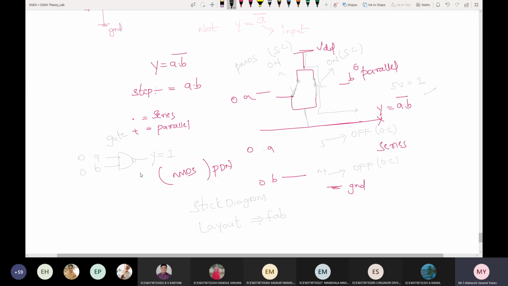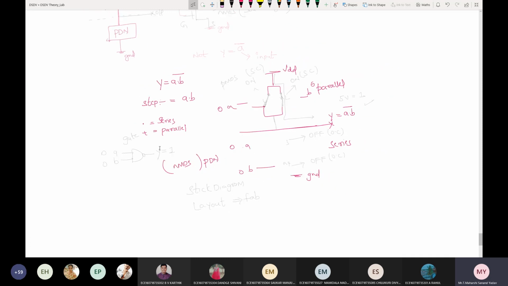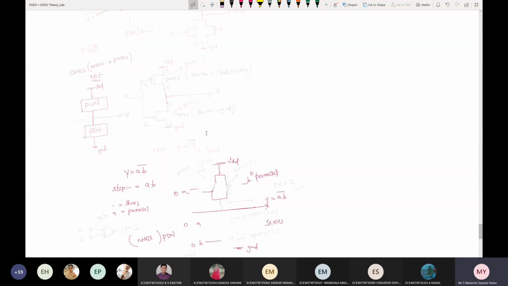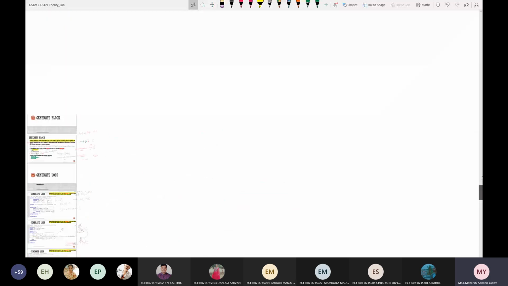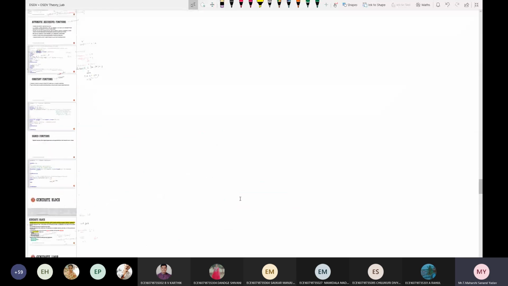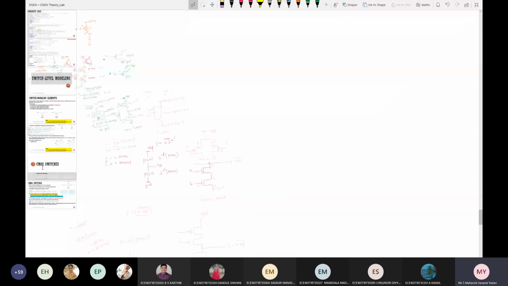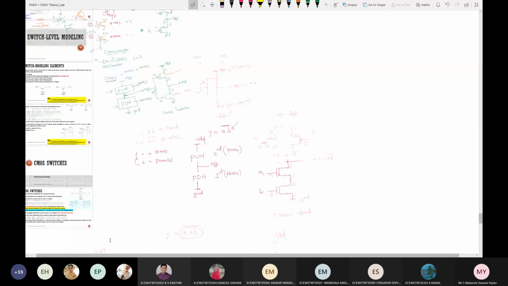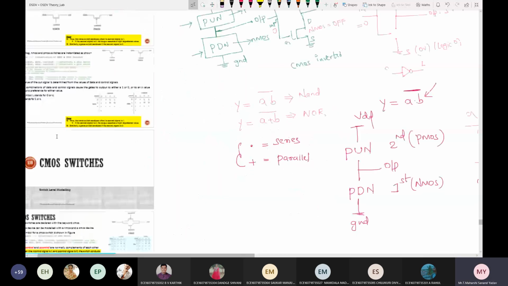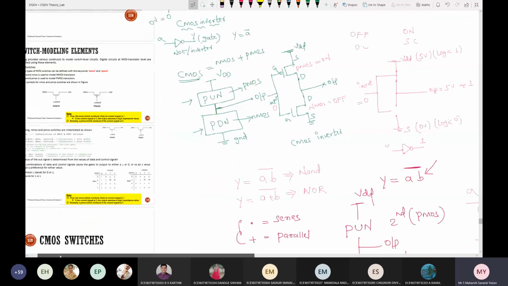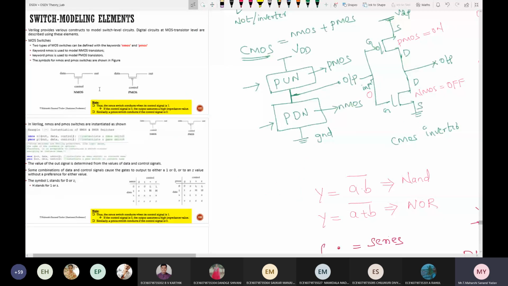I hope you are clear with these concepts. If any doubts, please let me know, and I'll teach once again. This is a very easy topic. The important thing is that those who don't know the on and off conditions for NMOS and PMOS can't understand this. I'll share this PPT with you also, where I've mentioned it in detail. Once again, first of all, try to understand the symbols. That will be more than enough.